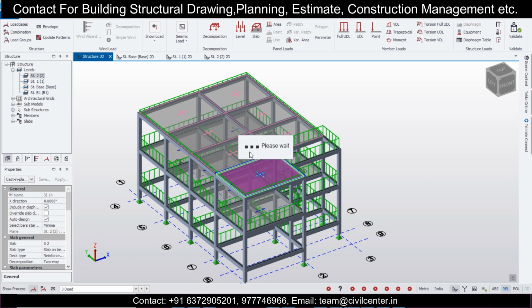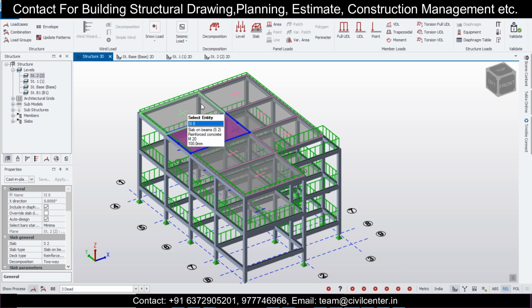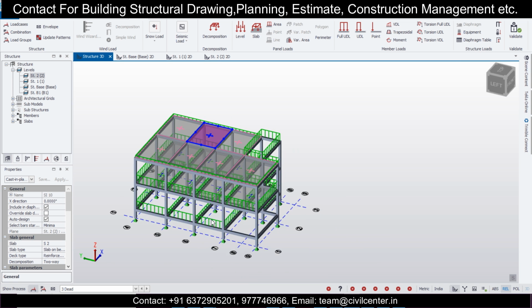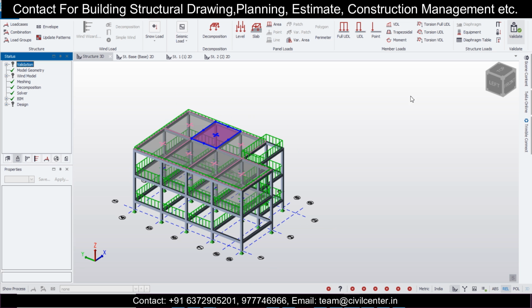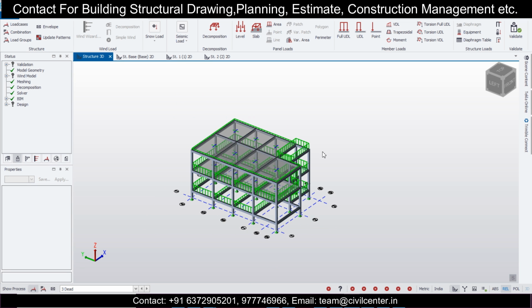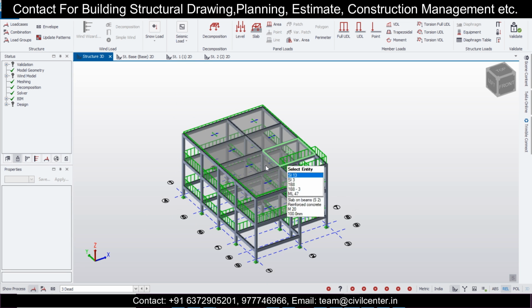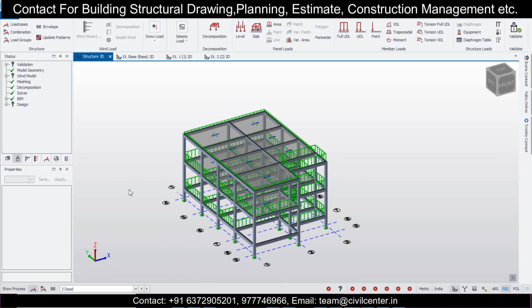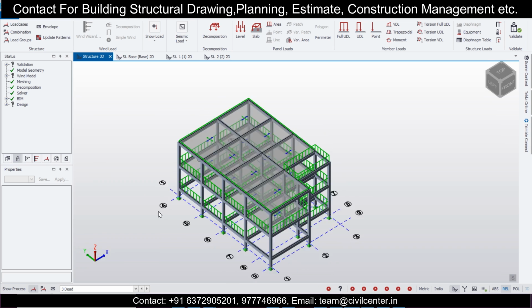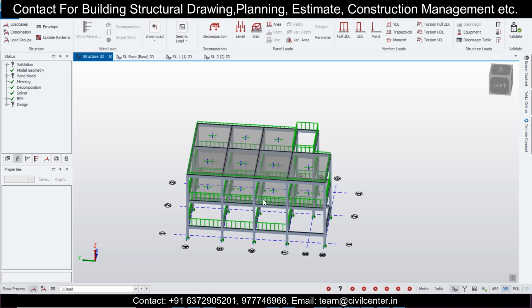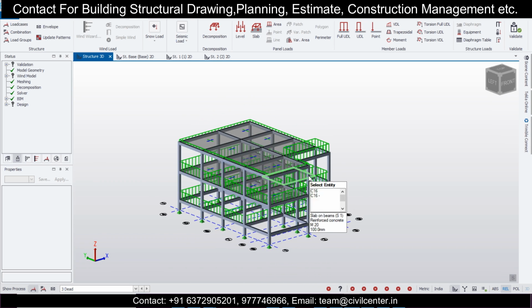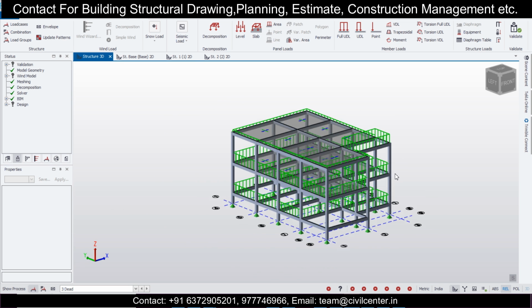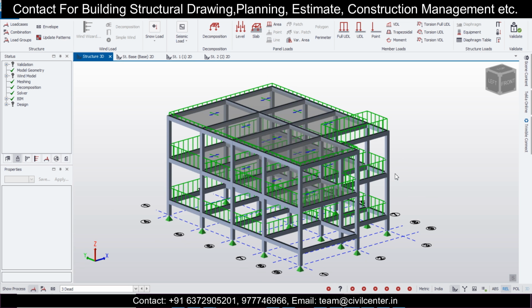And the self weight, you don't need to calculate it, the software calculates it automatically, so we don't need to worry about that. So I'll validate the model once again. As per the seismic code of detailing IS 13920, for buildings up to 5 stories, up to zone 3, we don't need the seismic design. So we'll not do seismic design here, and as per IS 875 part 3, up to 10 meters height of the building, we also don't need the wind load, so we won't provide the wind load as well.